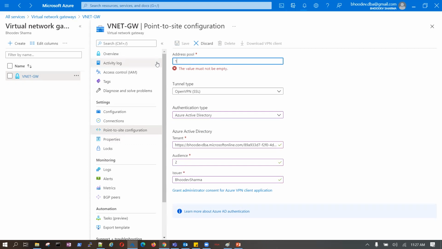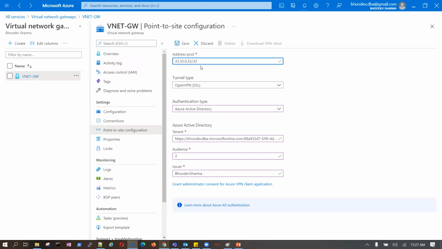Now 192 I already used. So let's say 33.33.0.32 slash 32. Okay. So now this becomes your IP address, right?